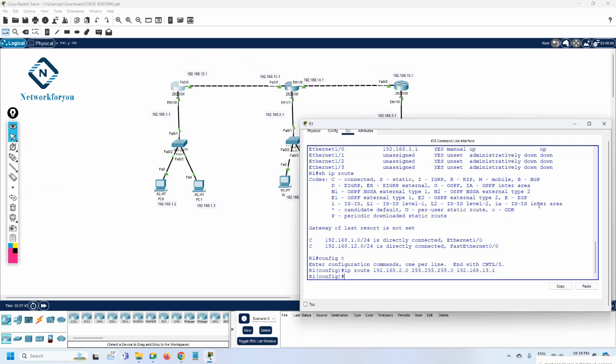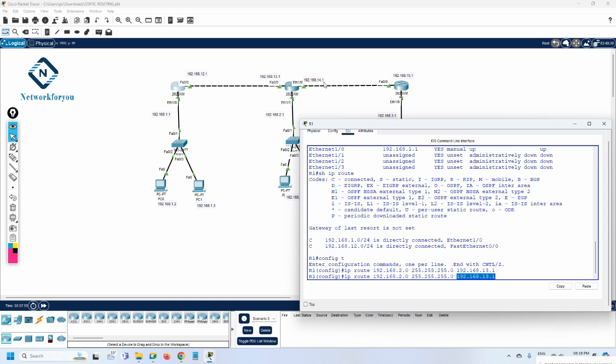Then I need to configure again. The next hop remains the same because at last we need to go here only. If you want to go here, here, anywhere, you need to send here. So this IP will remain the same. You need to change the network here. This one I already did. Now you need to write